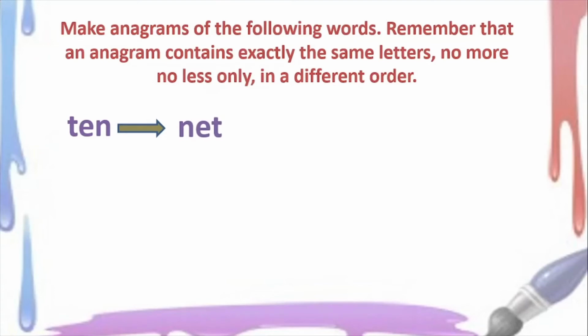So what have we done exactly? We have just rearranged the letters in the word ten to get the word net. And while doing so, we have not repeated any letter and we have taken exactly the same number of letters as there is in the word ten to form the word net. Alright, so come on, let us take a look at the other words also which are given to us. So we have the next word, that is